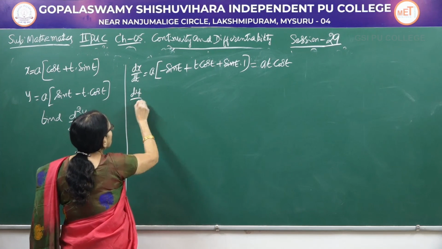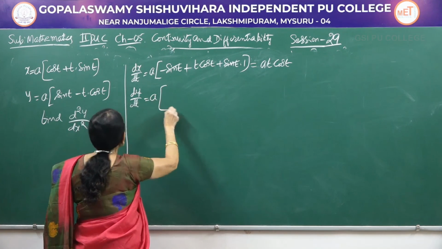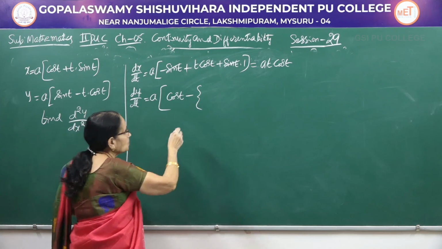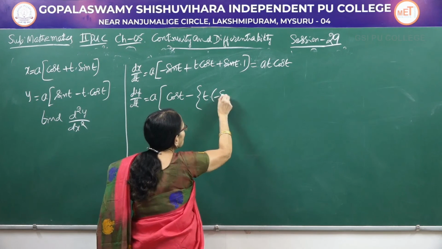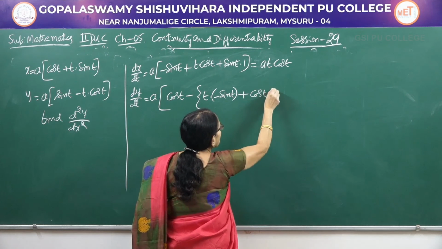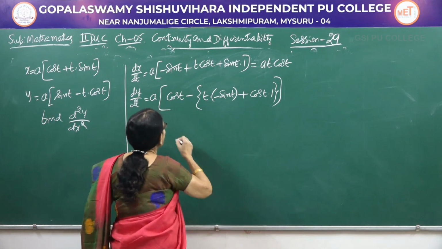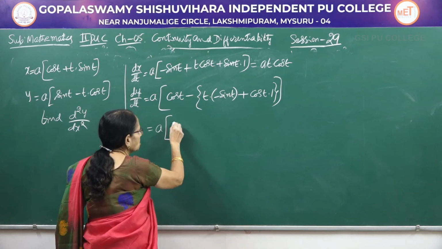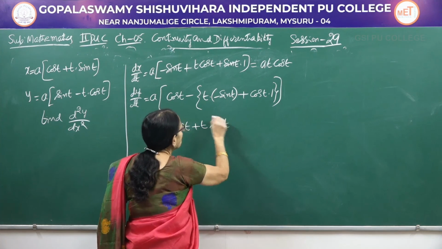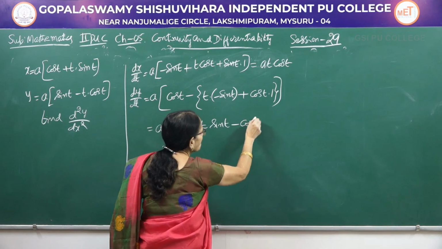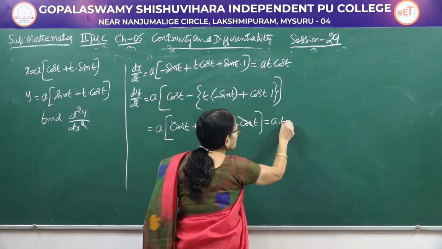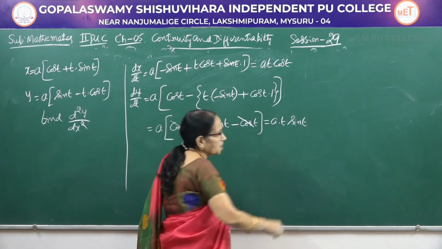Similarly, you calculate dy by dt. Here also, a into sin t becomes cos of t. Use another bracket because we have a minus sign. First function into the derivative of the second. I am applying the product rule, plus cos of t into 1. Close all the brackets. Now, this would be equal to a into cos of t minus of minus plus t into sin of t minus of plus minus cos of t. So, these two get cancelled. So, in this case, I am getting a into t into sin of t.